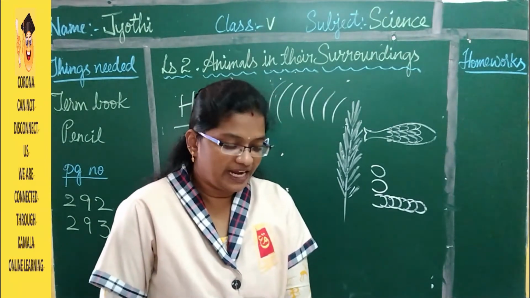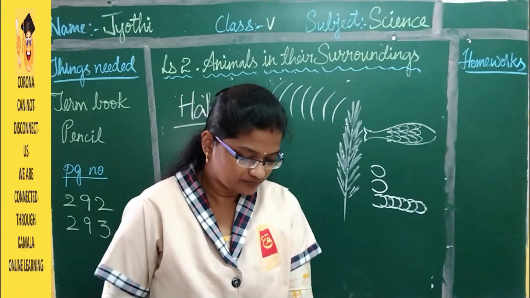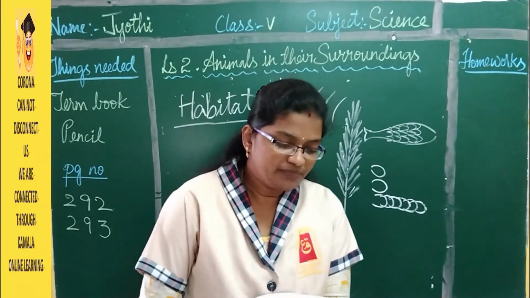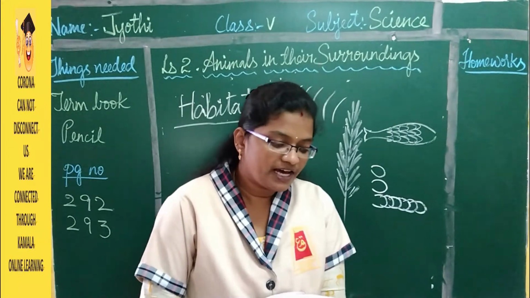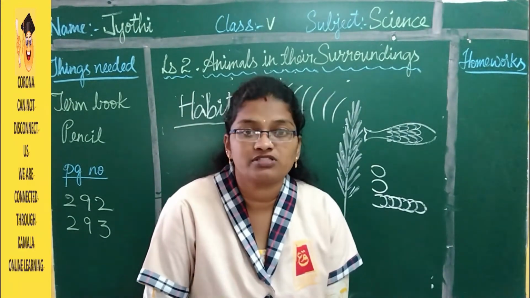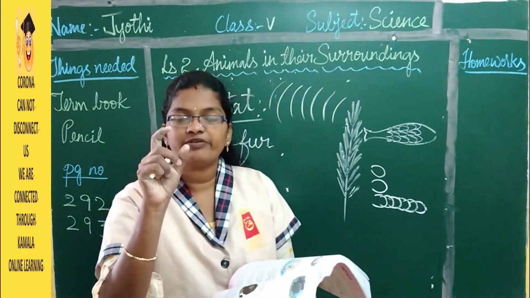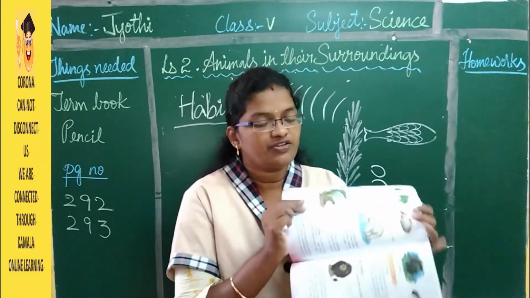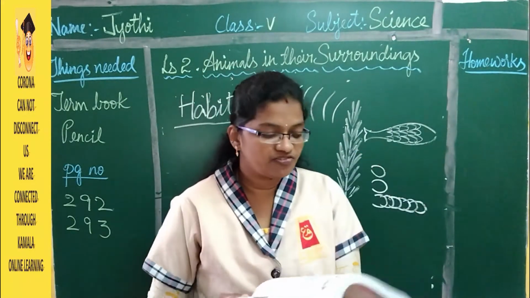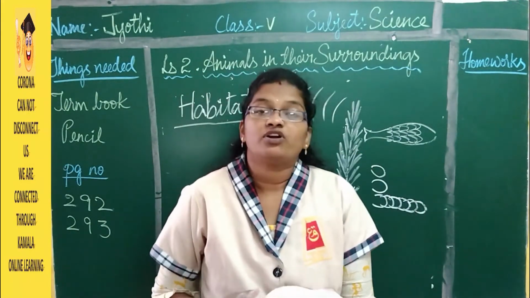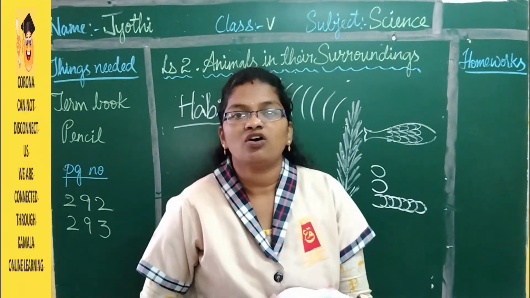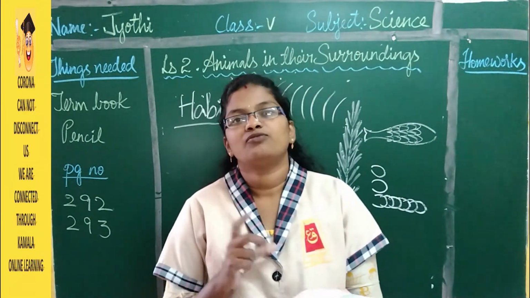So fur and wool. The first one is fur and wool. Some animals such as sheep have a special body covering that is called wool, and the wool will be very thick. Here you can see in the picture, it is a polar bear. It also has thick fur. So what is the use of this thick fur? It will keep the body of the animal warm.